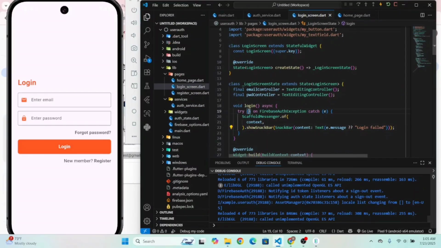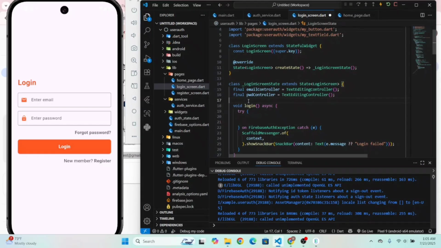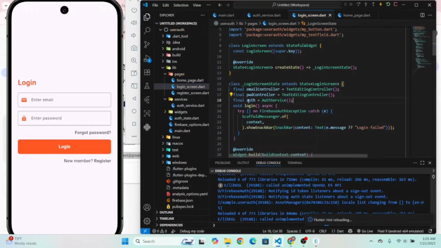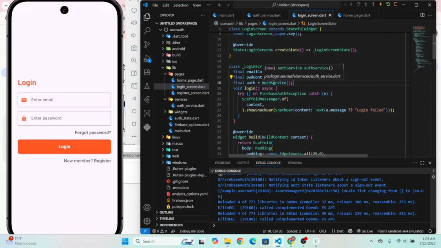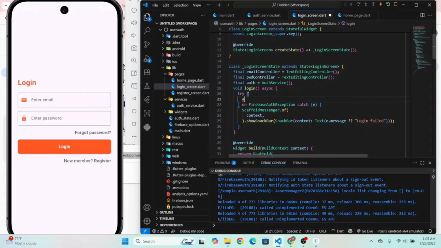Okay, now in the class, this is the slide, just get the auth service, final auth service class, and auth function is in the auth service, so in the try block, write your auth, await,